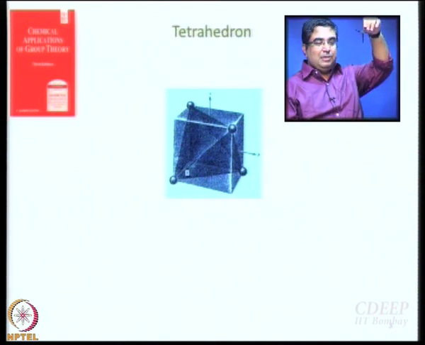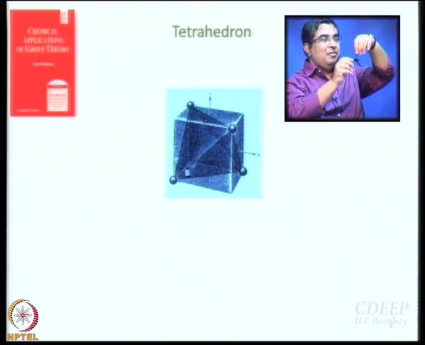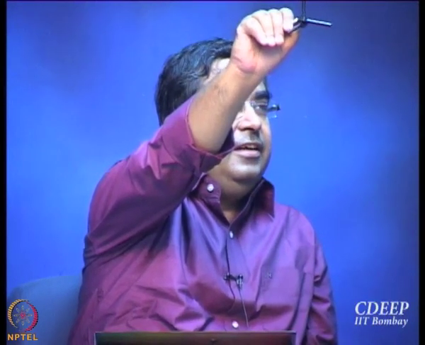Now let us see what you have. What is the principal axis of symmetry? C3. This is a C3 axis. How many such C3 axes are there? 4. 1, 2, 3, 4. How many C3 operations would be there? 4 into 2, 8, right? Why? Because you can turn once and then again you could turn once again. If you turn thrice, then you have identity. So C3 and C3 square, 2 operations are there.